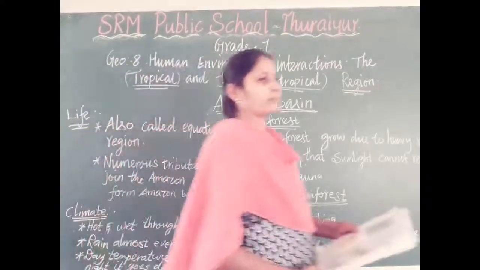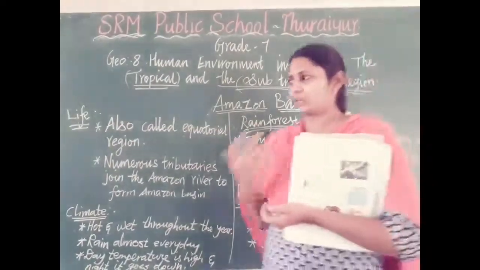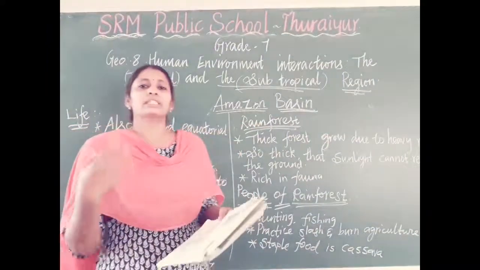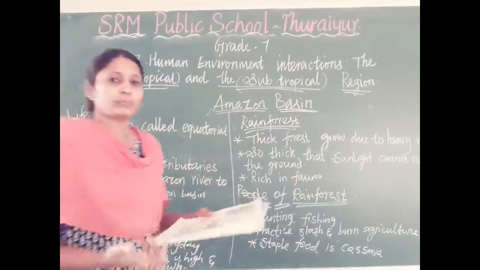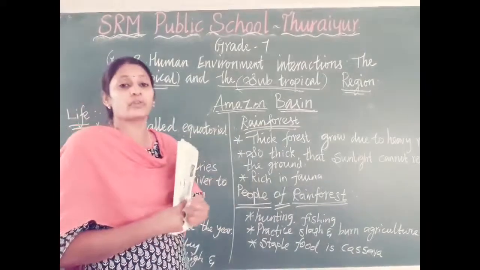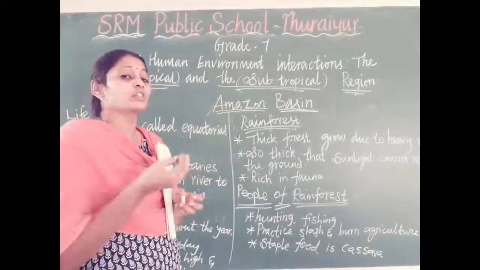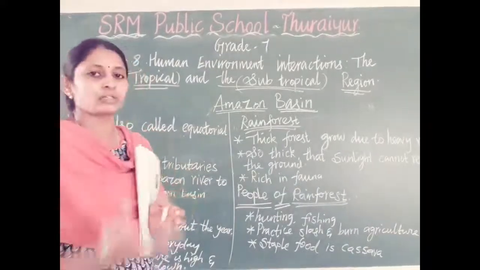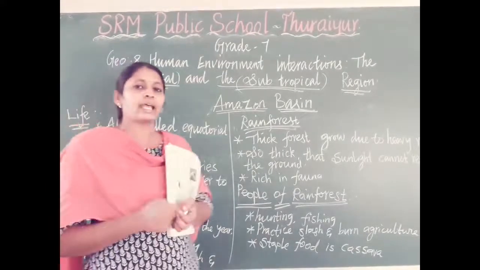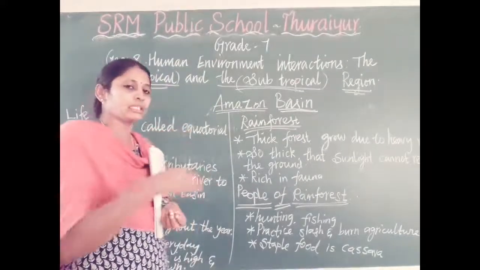So why does it get the name Amazon? How does the name come about? One time, when America was discovered by European people, the Spanish explorers, the Spanish travelers had a chance to find this land in South America. When they entered the South American land, there were already some native people living in that place.